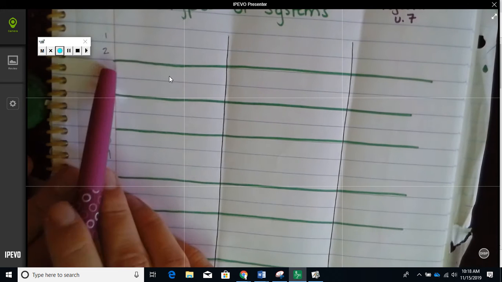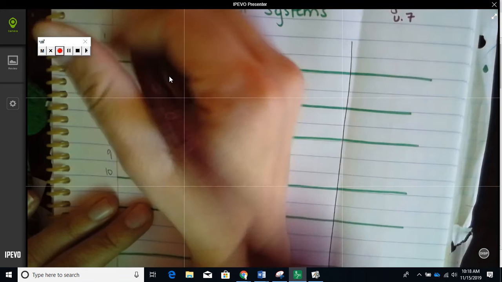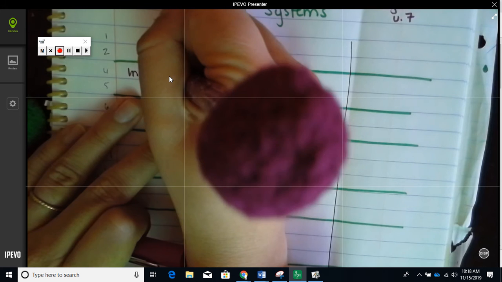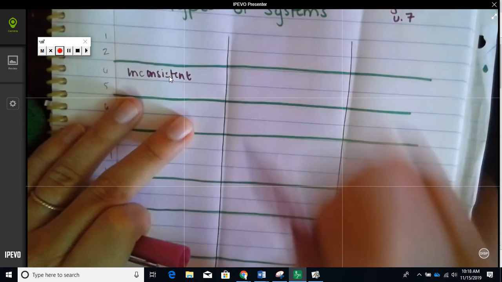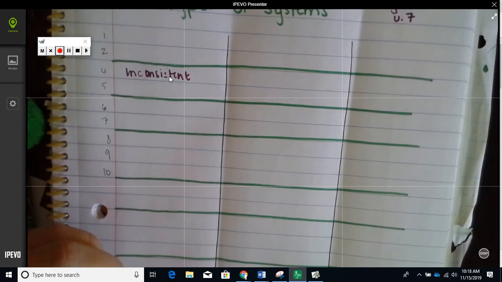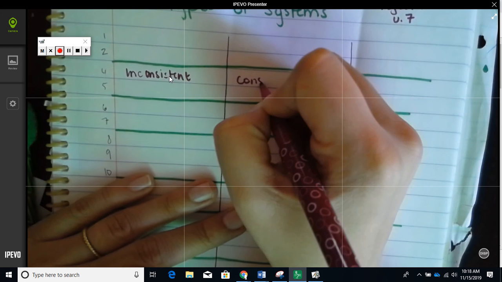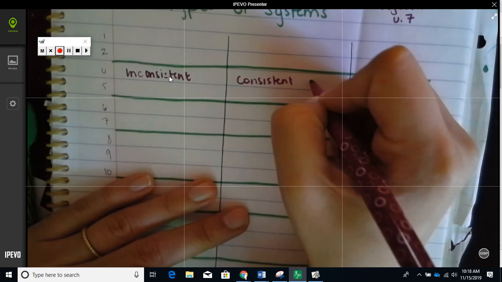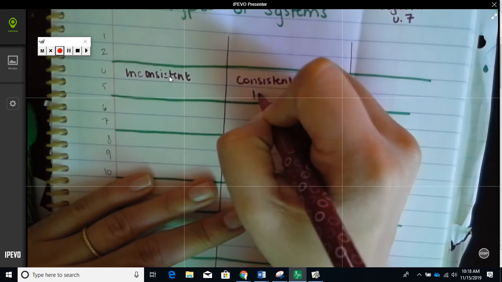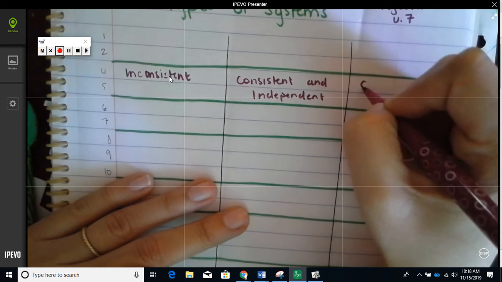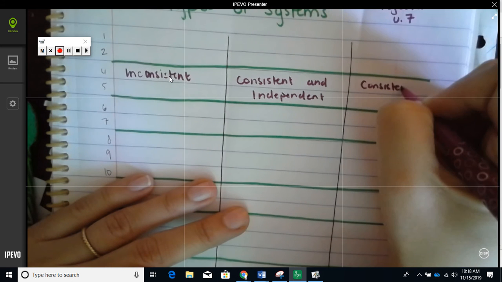I'm on the 4th and 5th line, and the first one is called inconsistent. I'll show you what the graphs look like, what the equations look like, and what it means. The next one is consistent. Give me just a minute. Consistent and independent. And that's what IXL is going to ask you to figure out which one it is of these. Consistent,